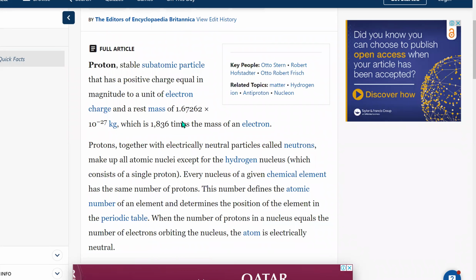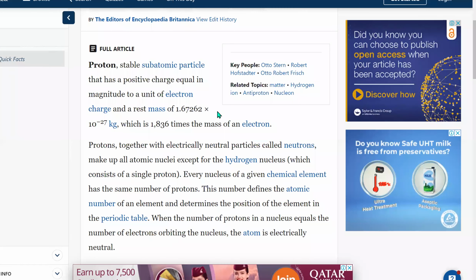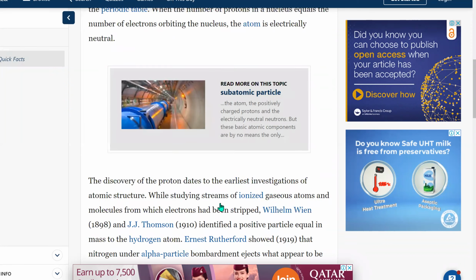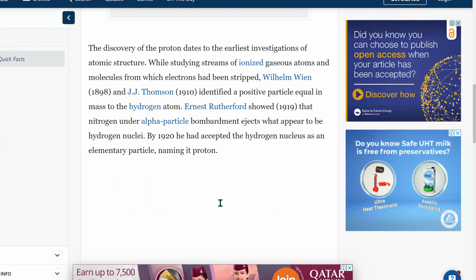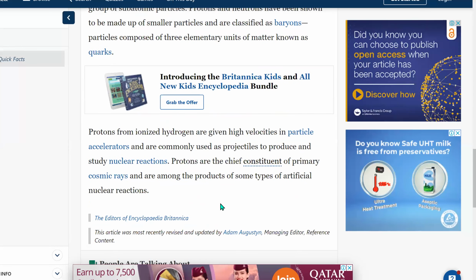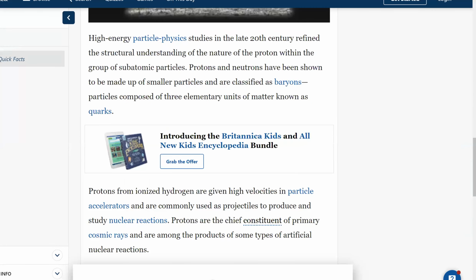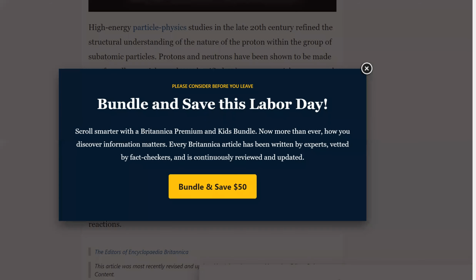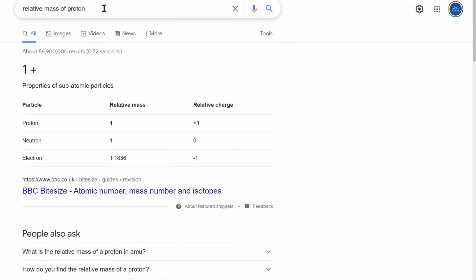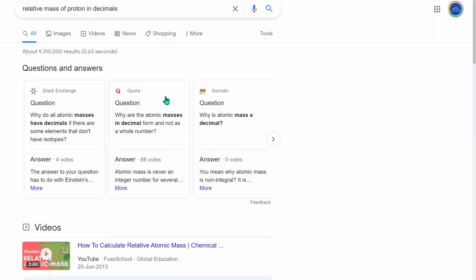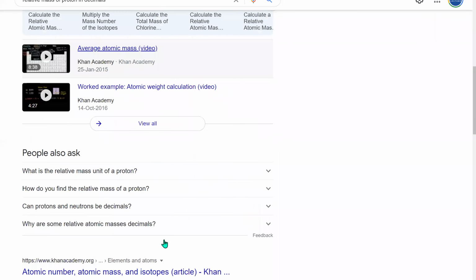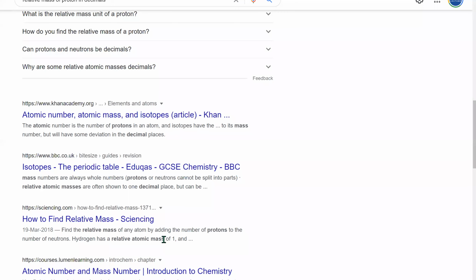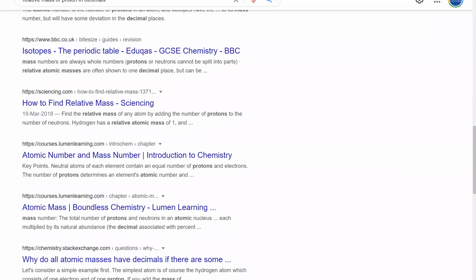The relative mass is not going to be exactly 1, it depends on the accuracy. The decimals can go on forever if you have a very accurate device. I'm trying to see if I can find the relative mass of a proton in decimals, just a second. Anyway, I can't find it, but hopefully